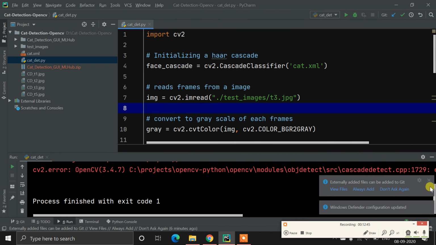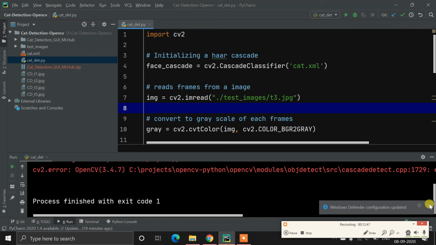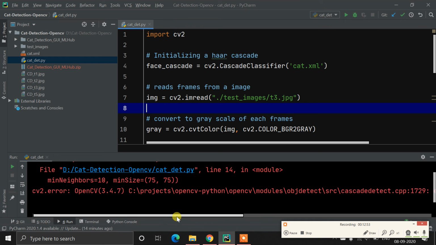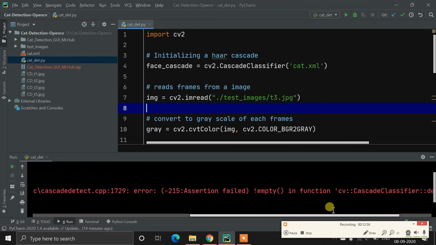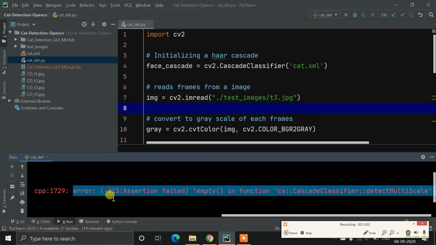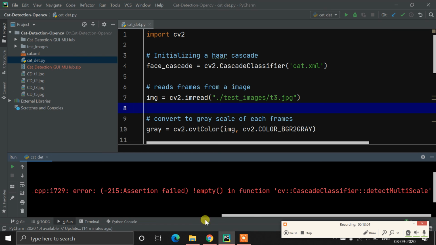So guys, there is one concept called error understanding. Some people are confused by errors, but you need to look at the error and understand what it is telling you, then you can solve it easily. It's telling empty function, cv cascade detectMultiScale.